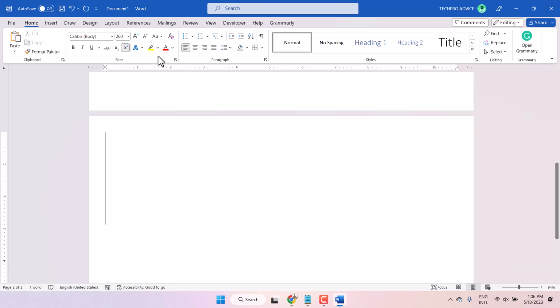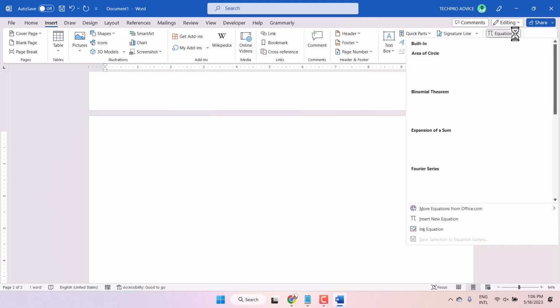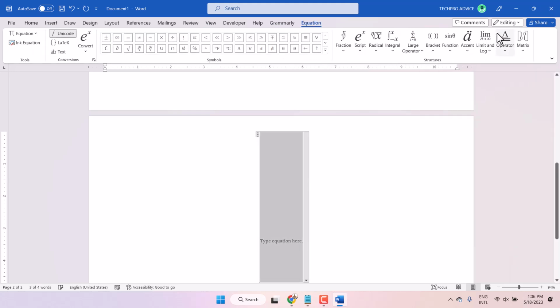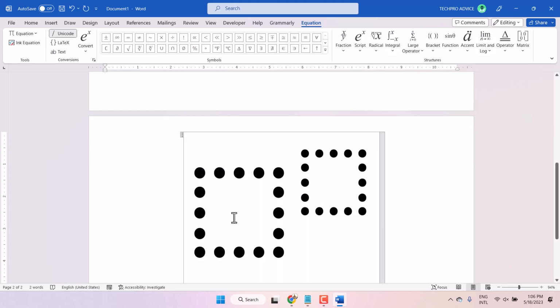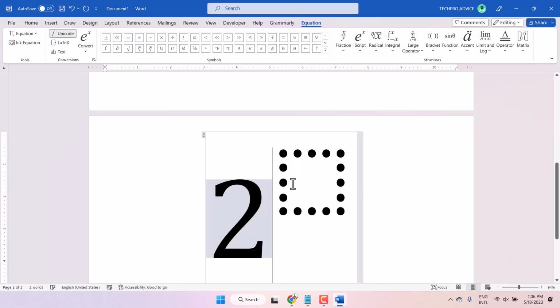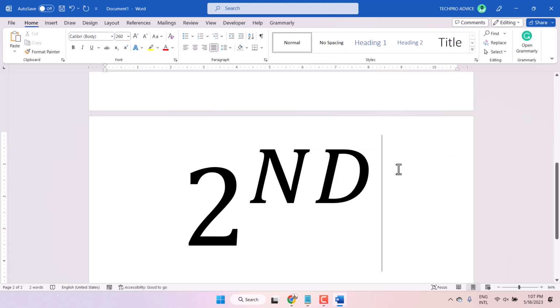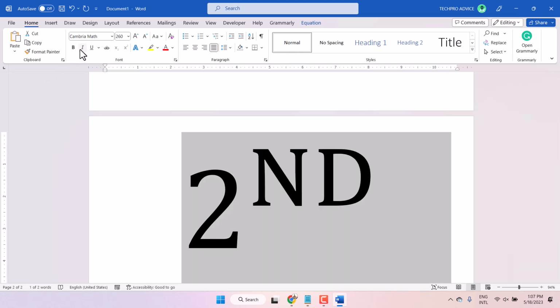Another method: insert equation, then script and superscript. In the first box type 2 and here type ND. And if you see italic, select it and remove italic, bold, and you can make all changes